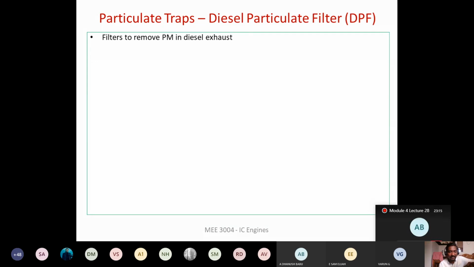Okay, so we have to provide this diesel particulate filter whatever the case may be. The emission control system can be the diesel oxidation catalyst, DOC, along with EGR, or you can go for SCR, the selective catalytic reduction system. In both cases, we have to provide a diesel particulate filter. Right? This is like a normal filter. Okay, this will remove the soot particles that are present in the diesel exhaust.